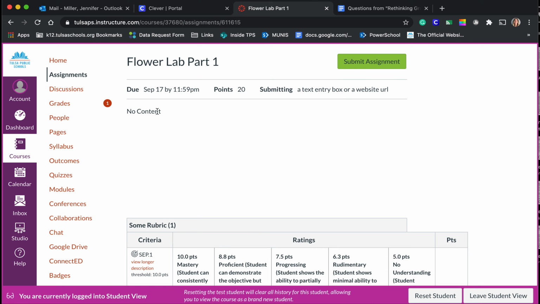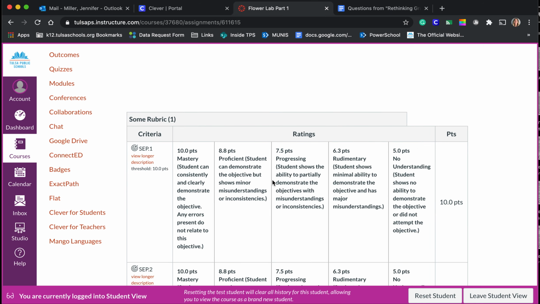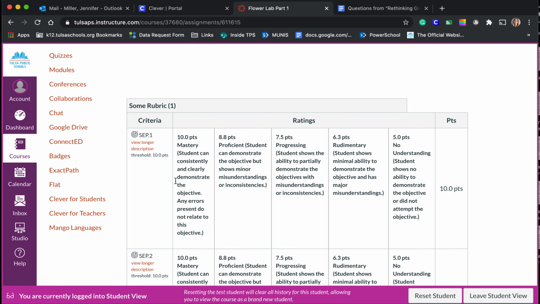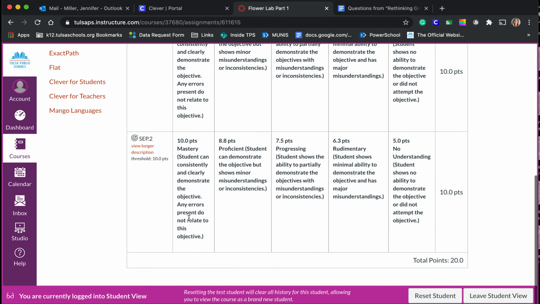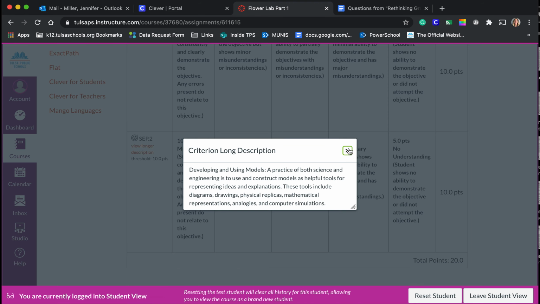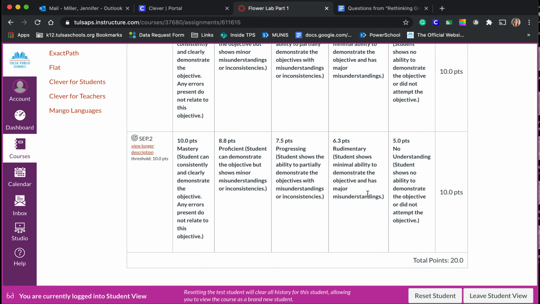And now, of course, yours would have content here for the assignment. But here is the rubric that students will see. So students will understand what they're doing, and if they click on this view longer description, it tells them exactly what that standard is. So they know what they're being asked to do and what you're looking for, which is great. You can click on both of those, and students can see exactly what they're going to be